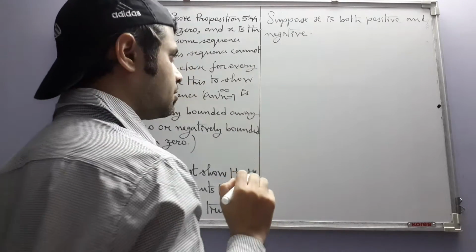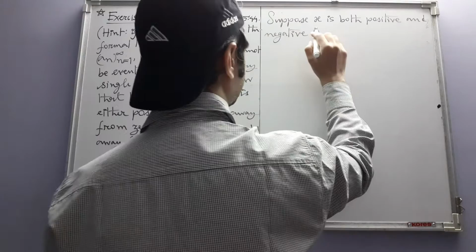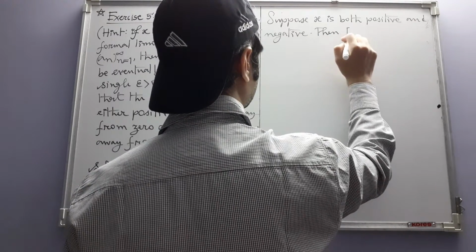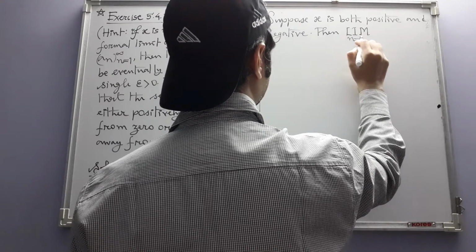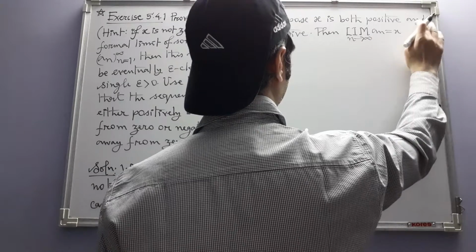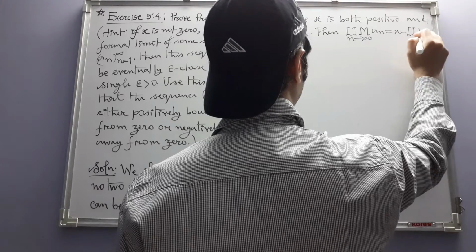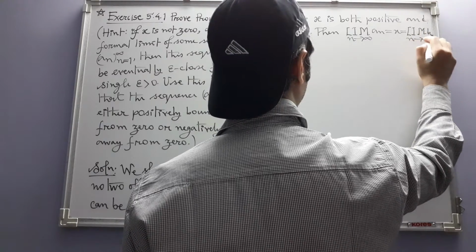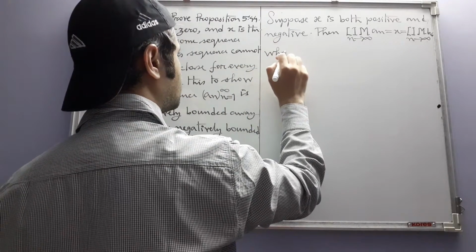Then by the definition of positivity and negativity of a real number, x is the formal limit of (an), and at the same time x is the formal limit of (bn), where